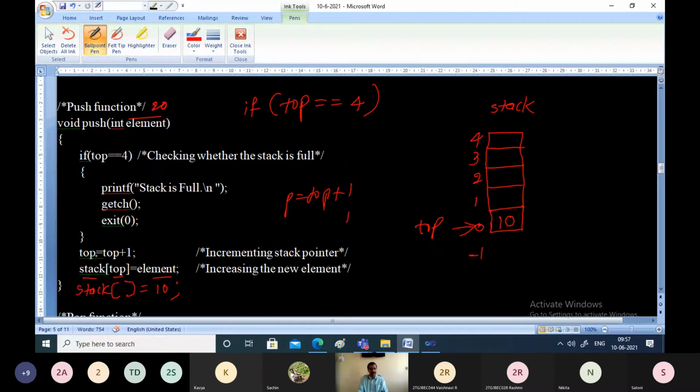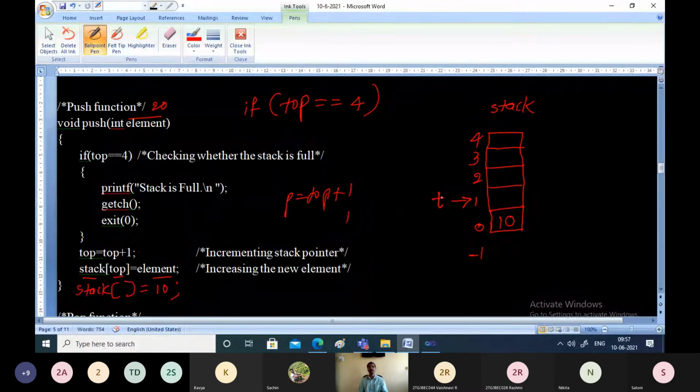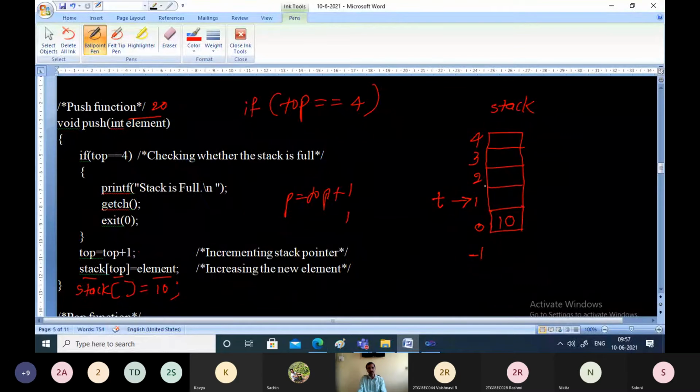What is the procedure? Just increment top by 1. Top equals top plus 1. Top is being made to point to the next possible index. That is, top is incremented. Now top, I'll write short form T for top, is pointing to 1. Once you increment the top, at that index, stack of top, stack of 1 is equal to element.